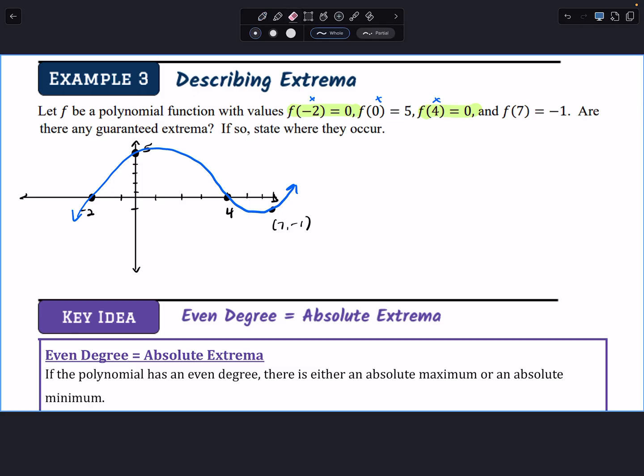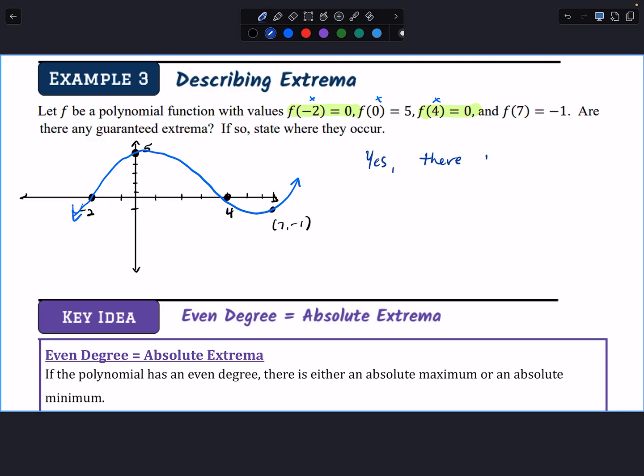They only told us 2 zeros, right? Do you guys agree I could have drawn something like this also? Right? That still makes sense. I still have 2 zeros there. But the definition that we just learned says there's at least one. And that's all we can really prove. We don't know enough information to prove anything else. Okay? So the way you would answer this question is, yes,